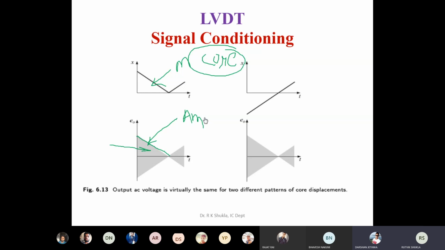Yes, it's very easy. Sir, the other part of frequency, that is a carrier. Which other part do you mean? That's shown by the darkened area. But that is what I am saying. That darkened area shows some frequency. In the case of LVDT, what is that frequency? That frequency is your FE.